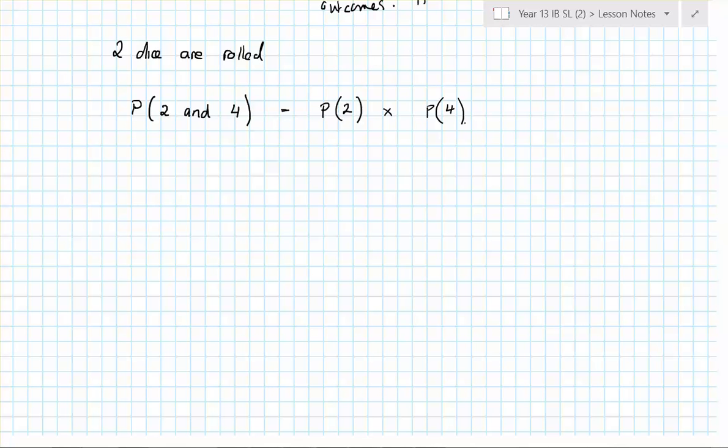This is assuming what? Well, in this case with the dice we know, but in the event, that simple multiplication is just the fact that the 2 happening does not affect the 4 in any way. Okay. So in this case, it is just 1 out of 6 times 1 out of 6, which equals,